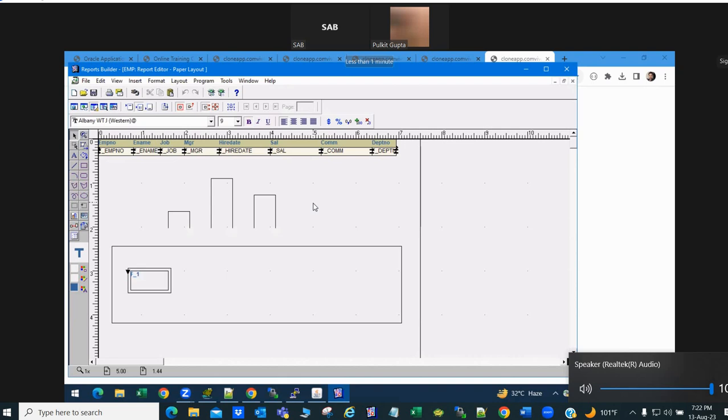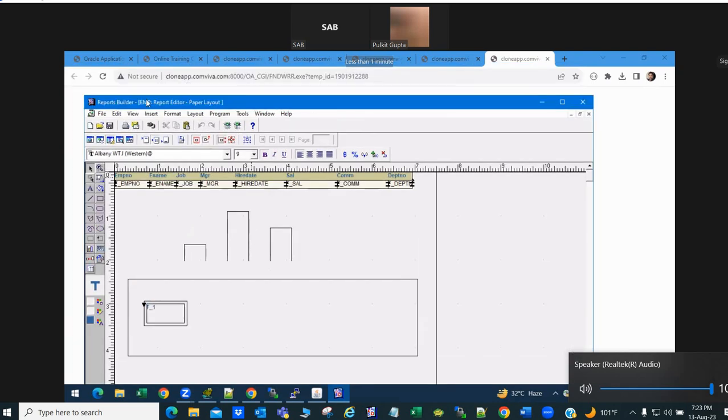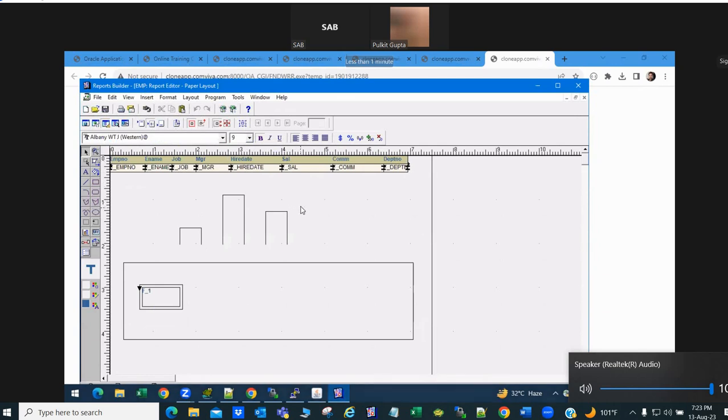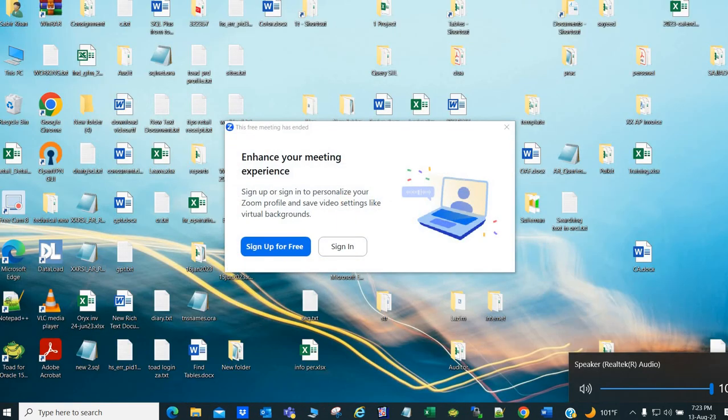Okay, no problem. We will discuss some advanced topics for the report builder as well. And I will also check how to deal with why it is not printing in the output. And something I want to know from your experience, this